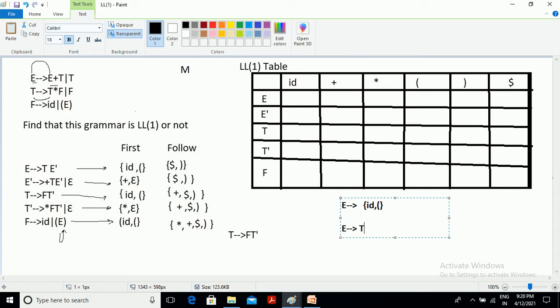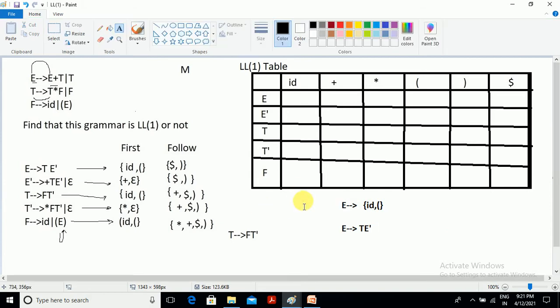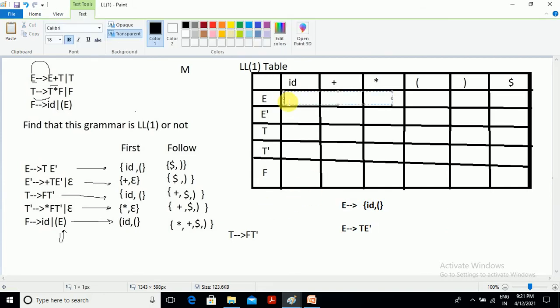That production is E derives TE'. We don't have plus, star, or close parenthesis for capital E. We have only two terminals as the first set for capital E, id and open parenthesis, and they are derived by only one production, E derives TE'.